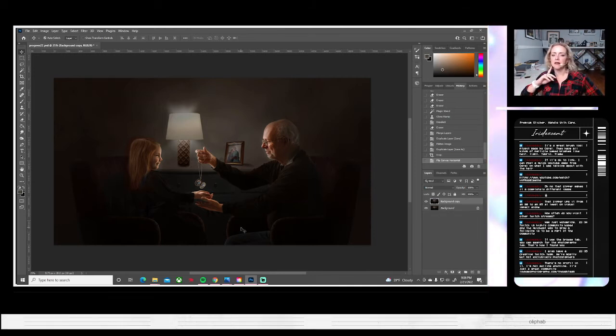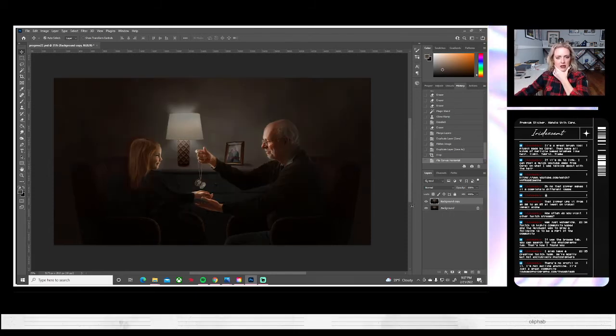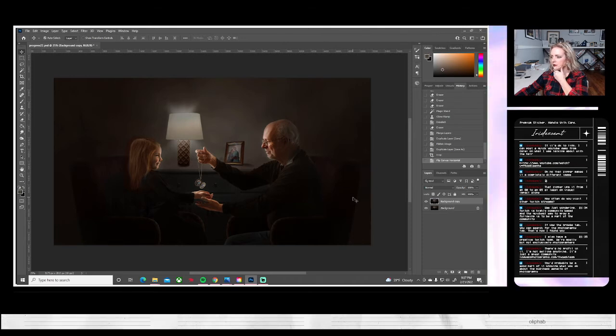Okay, I need public opinion here. I feel like I might like it flipped, but I'm not sure. Right now, it's kind of a triangular, but it's a backwards triangular composition because he's at a tension point. But I think maybe I like it this way because